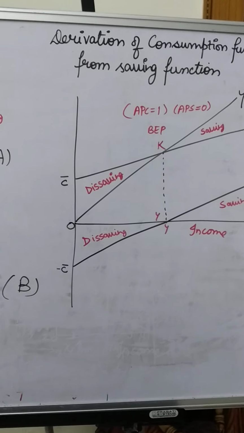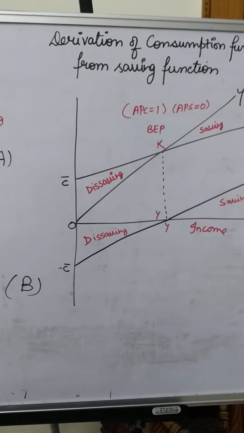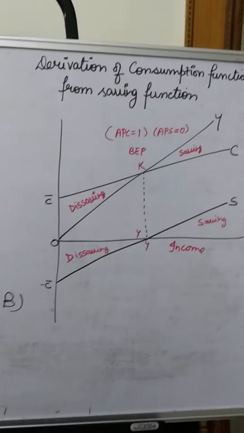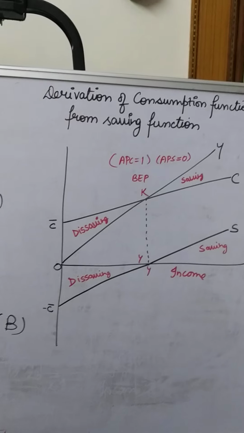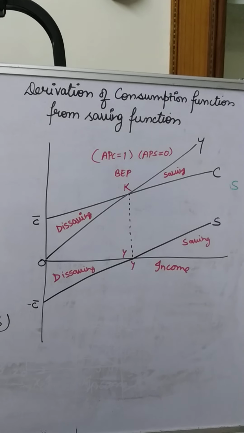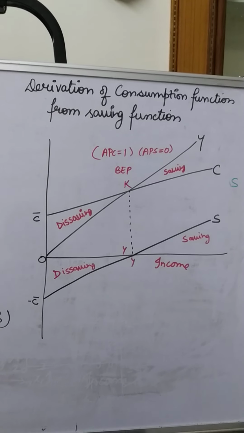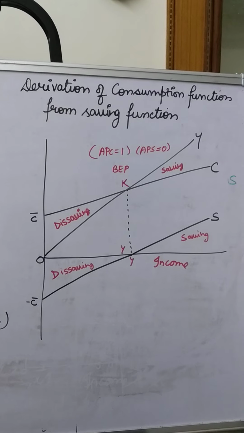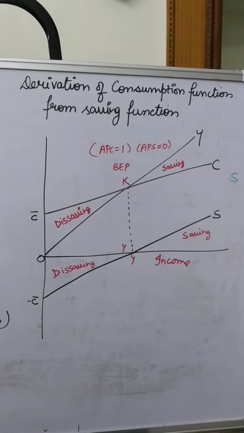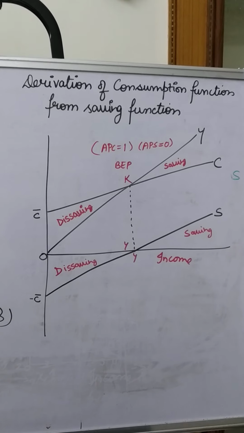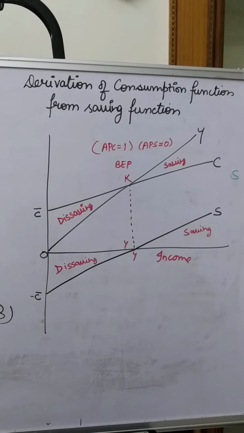After that, consumption expenditure is equal to the income at the break even point. Before the break even point, consumption expenditure is greater than the income, and savings were negative. When the break even point is reached, shown as K, APC is equal to 1. APC is equal to 1 only in the one condition when Y is equal to C. At that point the saving curve reaches 0 at OY level of income. Here your savings are 0, that's why I have mentioned APS equals to 0.